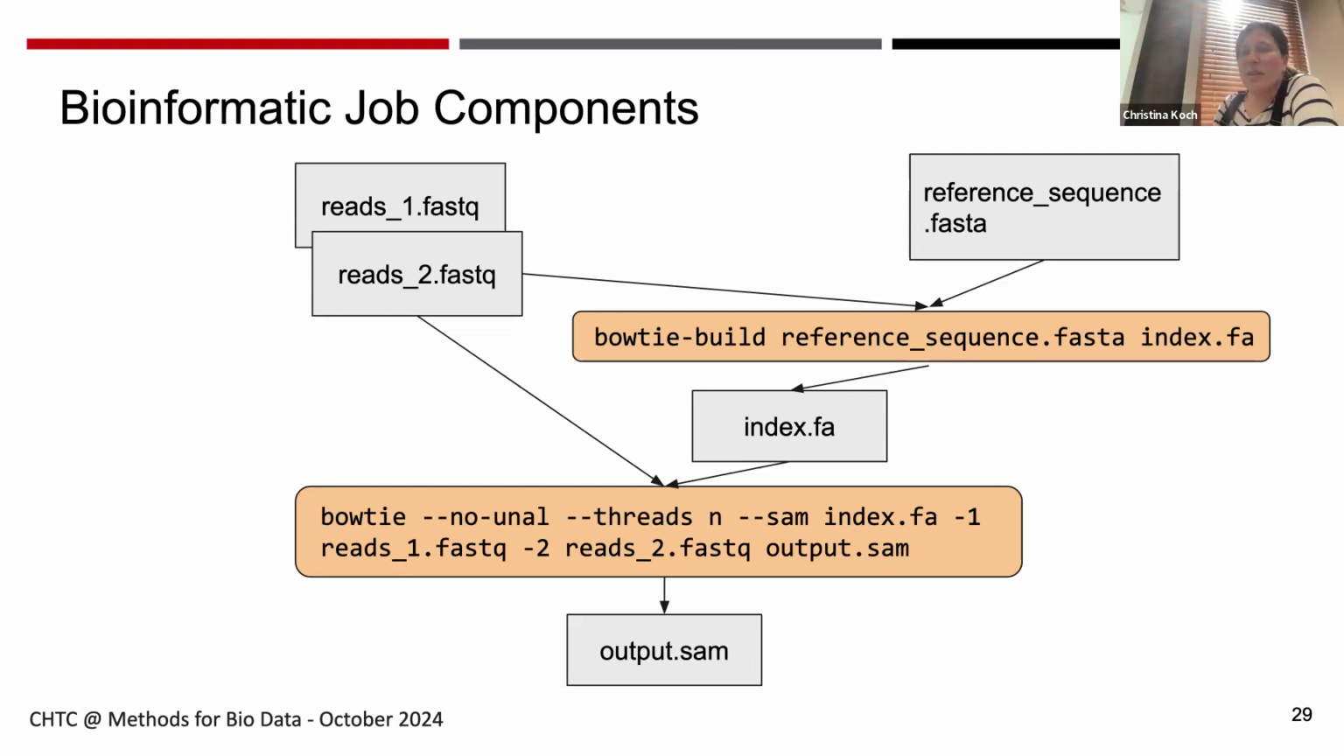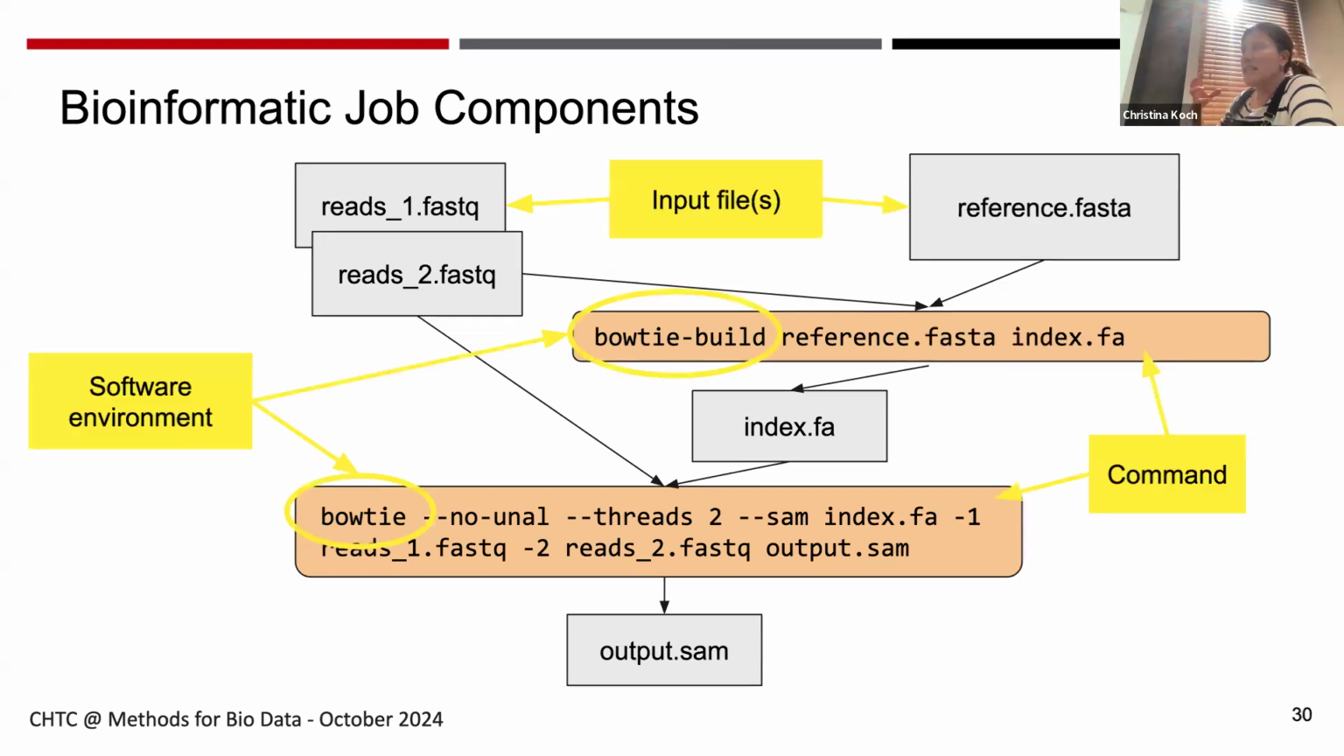We want to start mapping these into our mental model of a job and the components of a job. We're going to have 3 input files, 2 commands, and our software environment needs to include these 2 tools. This next slide is going to be like, that escalated quickly. But